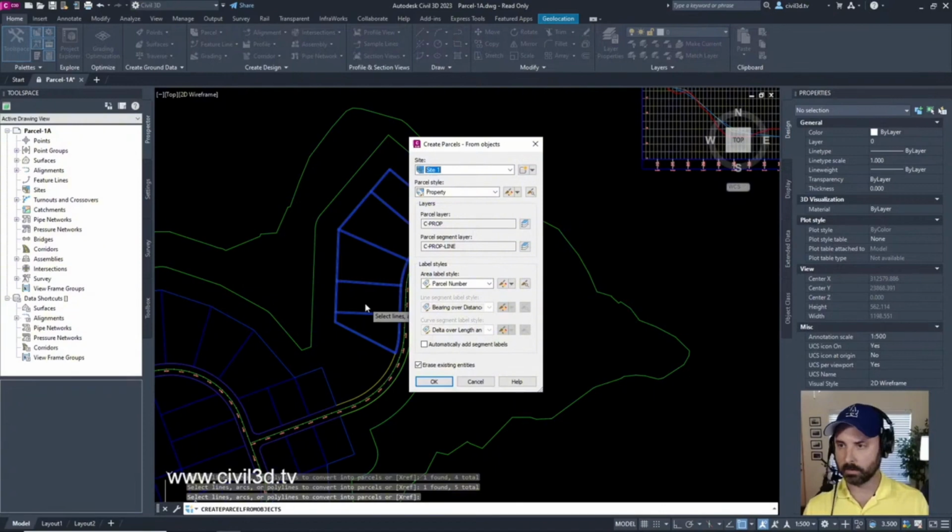Press enter. Then we get our Create Parcels dialog box, which gives us some options. Okay, we're in Site 1. Parcel style, we're going to change this. You can assign it different styles. We're going to stick with single family.